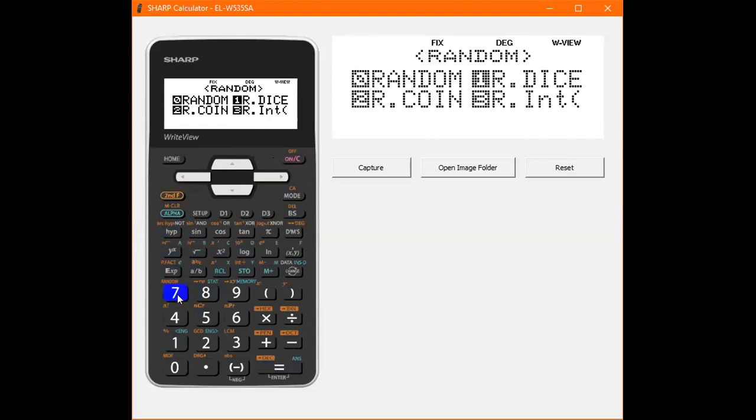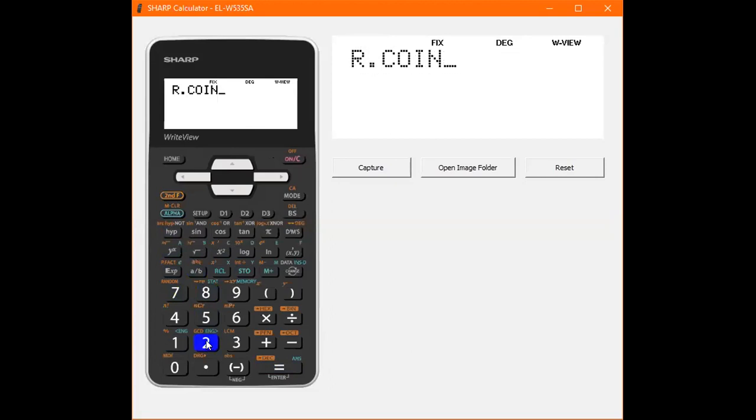You have a coin, so we could choose 2 for coin. Instead of heads and tails, it's going to give us 0s and 1s. So that's that one. And then our last one is random integer. And what this one allows you to do is to select between any 2 numbers what you would like random numbers between. So for example, if we were doing the lottery, we could say numbers between 1, and then you would press this x comma y in brackets button and 52 and equals, and then it will give us random